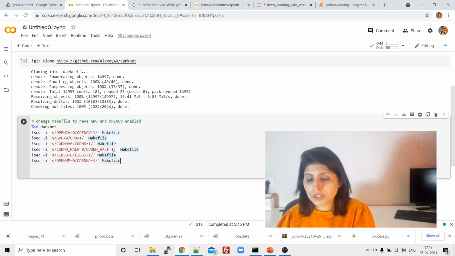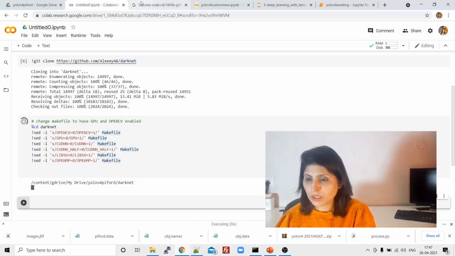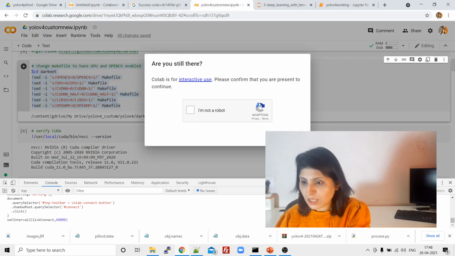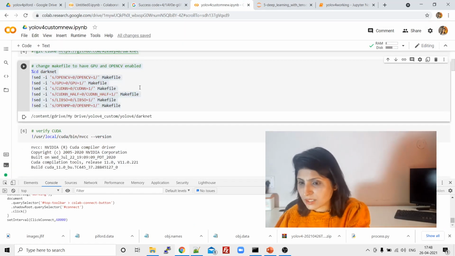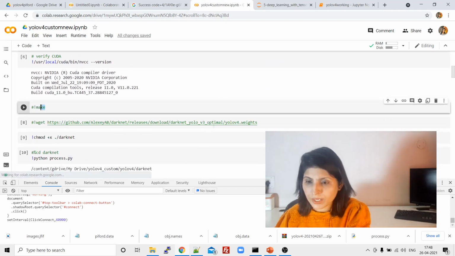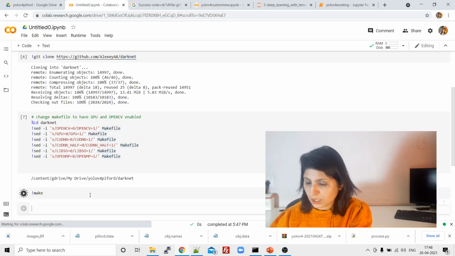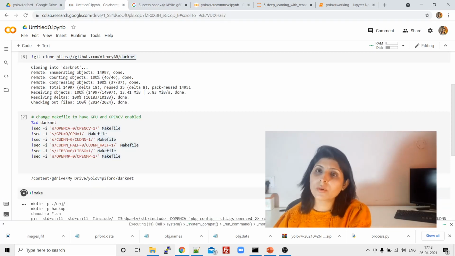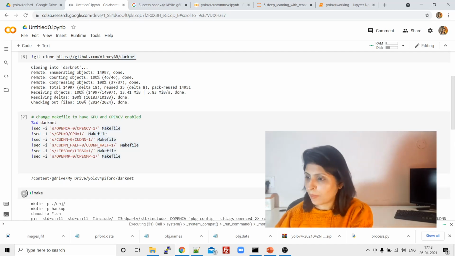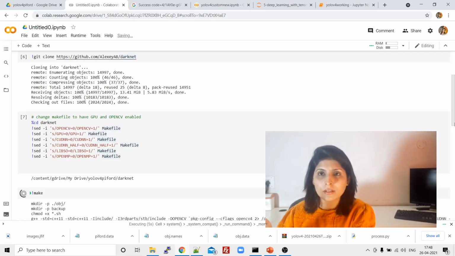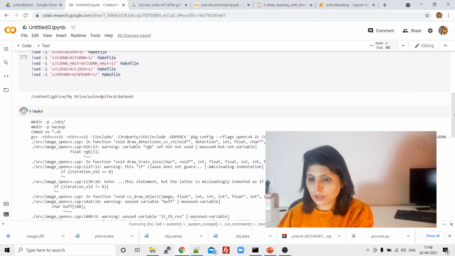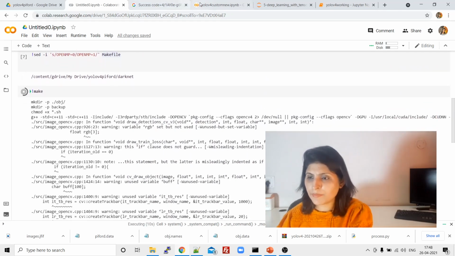So these are the changes which I want to make in my makefile, and I've written those changes over here. After that, press enter. Now the next thing is to run your makefile. How can we run our makefile? Just write this. This command will create a new makefile, which means this will update that makefile. So we are executing it. It will take some time.